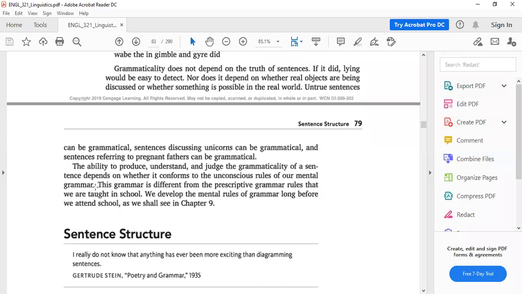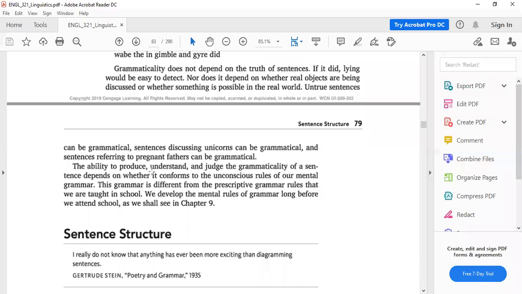So if I tell you a sentence like this one, you automatically say this sentence is ungrammatical, right? That's why it is unconscious. Unconsciously you can give the answer. If I ask you why, then you need to explain. You can explain that in Arabic we say al-walad, so the article precedes the noun.